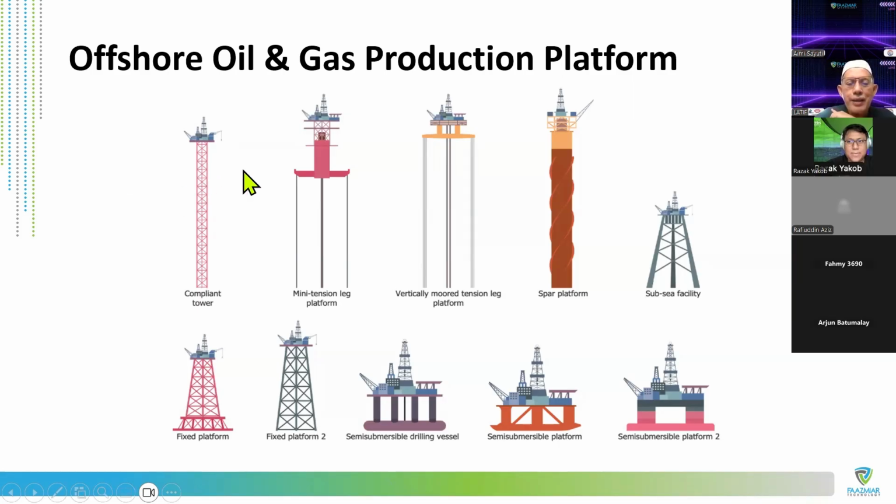In a very high seawater, bad weather condition, this is not practical because it starts to swing a lot. Especially in the Persian Gulf, even if it is deep water in the Gulf area, there is less underwater current, so this compliant tower will work. But once you go deeper, to 1 kilometer, 2 kilometers, or 3 kilometers water depth, you start to go with a different style. This style here: for deep water, with all this floating material, half will be for storage, another half will be for floating.